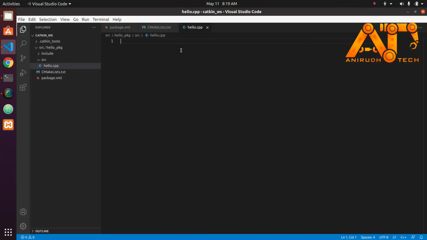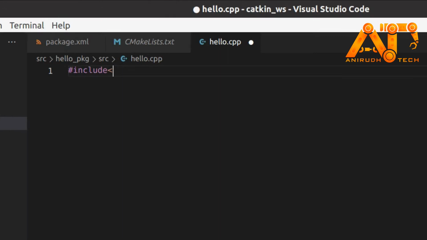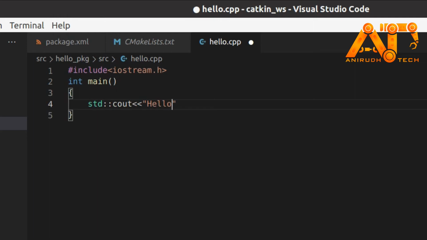Here I am going to make a small CPP program to print hello world. So just type the include library, hash include iostream dot h, and int main. Yeah, and here inside, cout hello world.